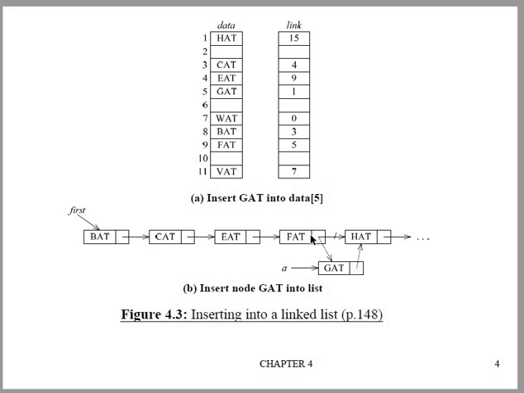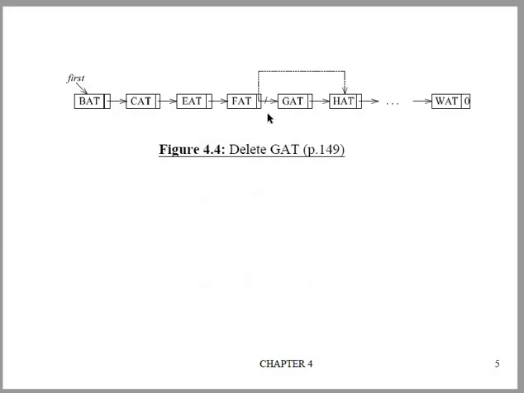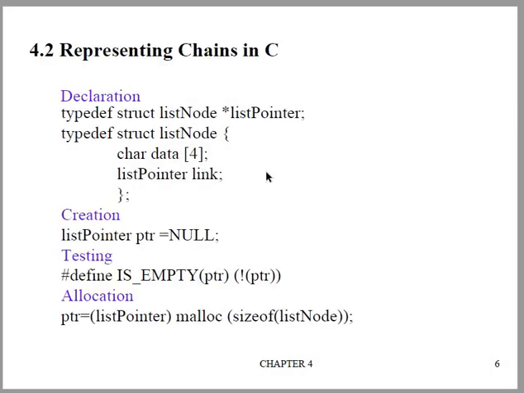That link address we have to copy to fat. Hat is in location 1, and that information we get through the link of this data node gat, which we have to copy to fat. Now this gat will be removed, so the index positions we will adjust accordingly. Do we need a temporary node in this? Not necessary. If you want, you can introduce and use one, no problem.